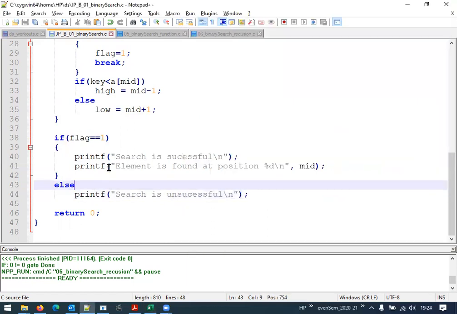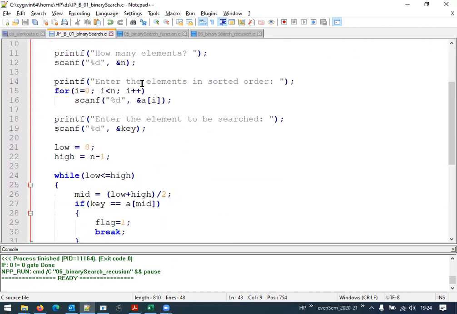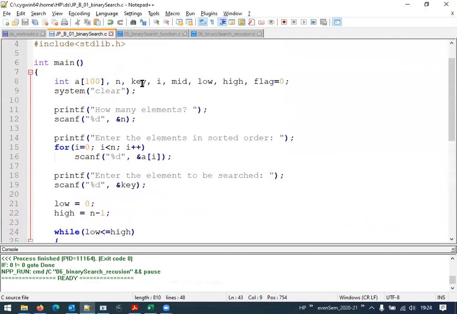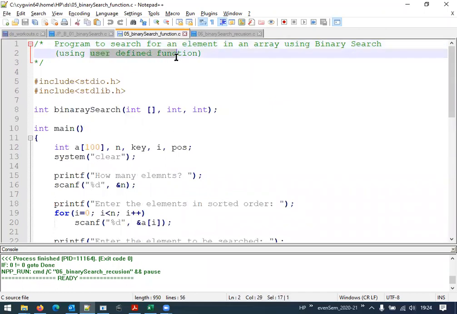So this is the concept of binary search. I hope, students, you have understood binary search. Pretty much I have tried to explain with the examples. If there are any doubts, you can get in touch with me, or in the next class we will discuss it. Now, as I said earlier, students, for binary search we have 3 different programs. One is pretty simple, that is only a main function. Then we have another program where we make use of a user-defined function, which I have declared as binary search.